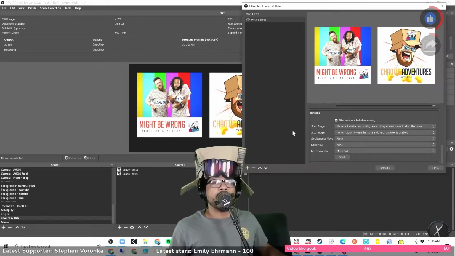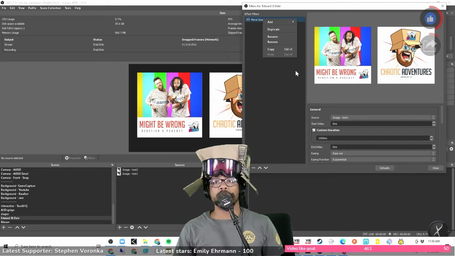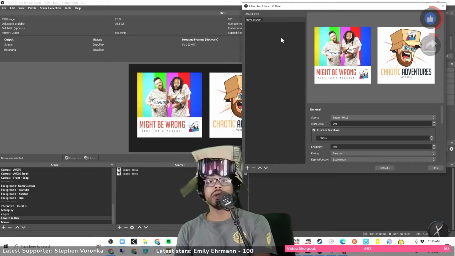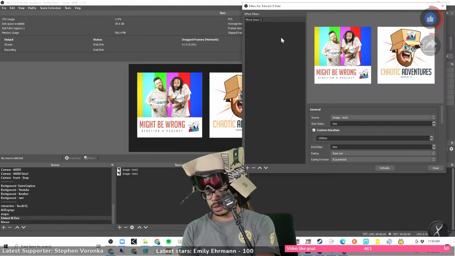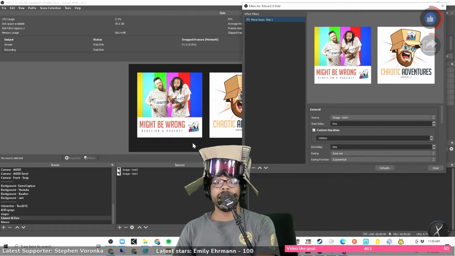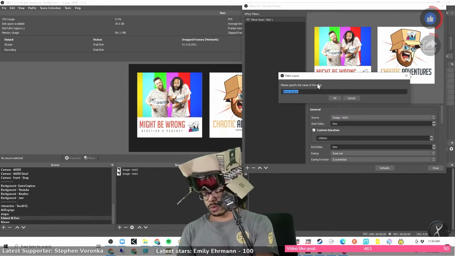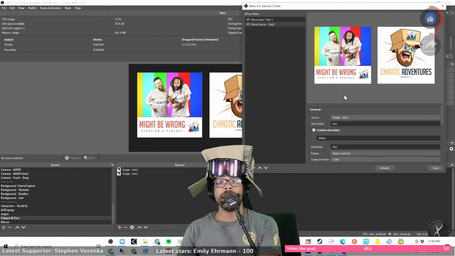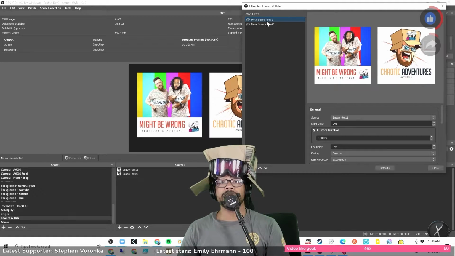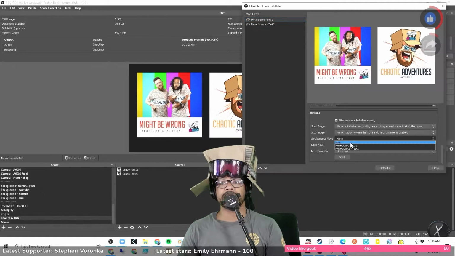Okay, so we're going to do this. We're going to call this image 1. Let's rename this: move source test 1. We're going to add another one, and say move source test 2. And what we want is to move these at the exact same time. So I'm going to say simultaneous move is on test 2. And so if I do these,